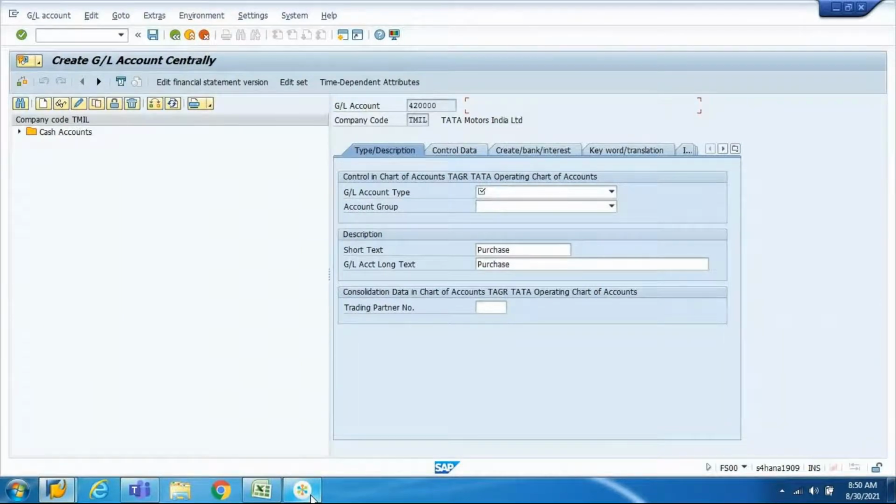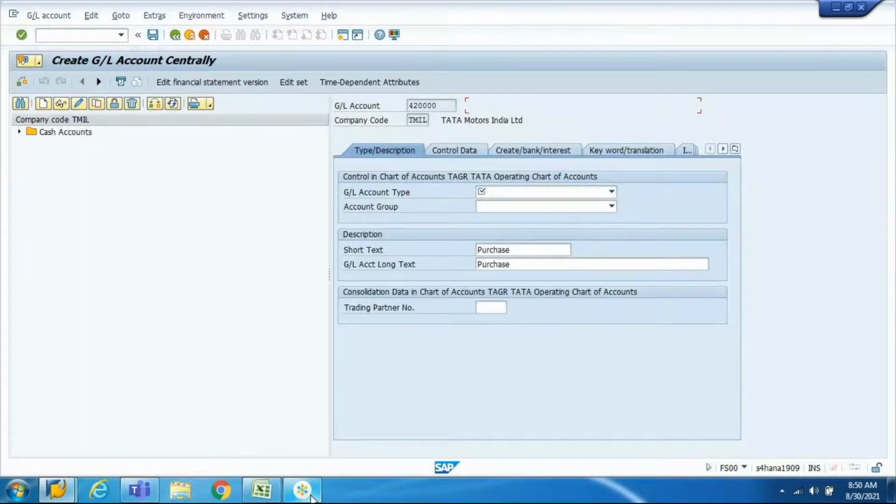Yes, KA01. So in ECC, if you wanted to post or reflect any P&L transactions in CO, we need to create that P&L GL account as a cost element in KA01, which is a dedicated transaction code in ECC to create a cost element.